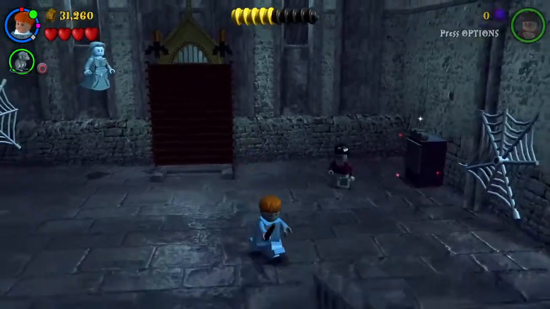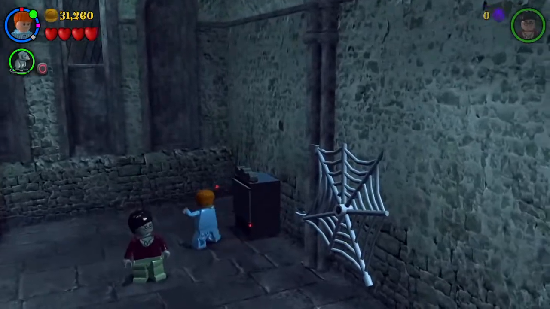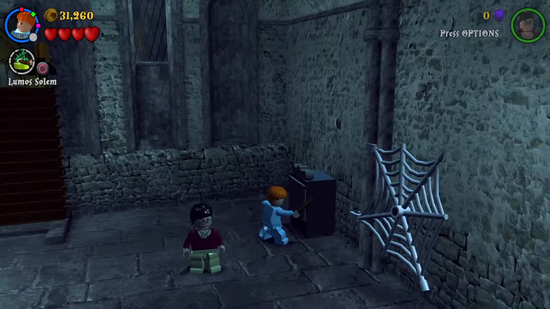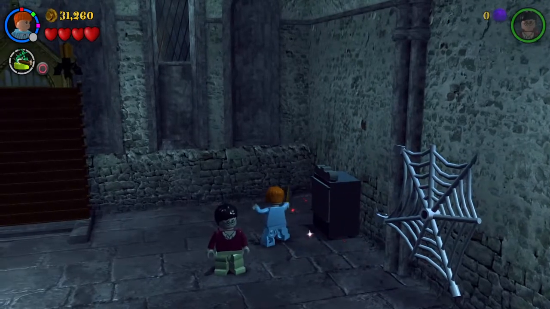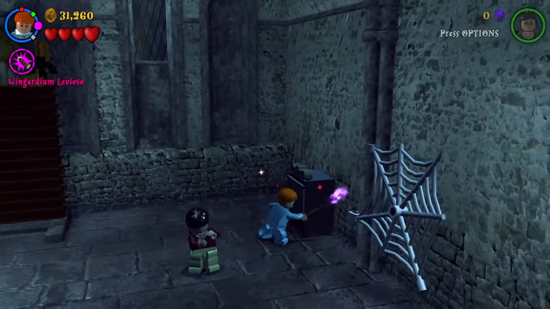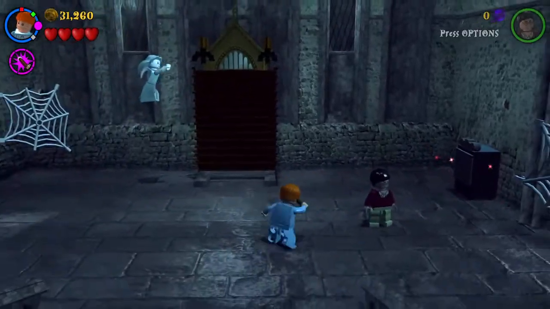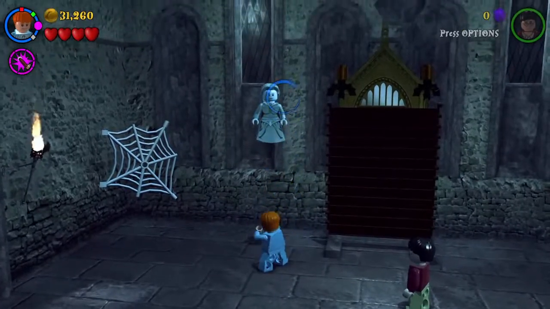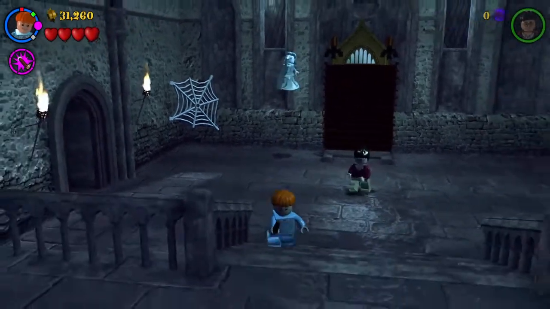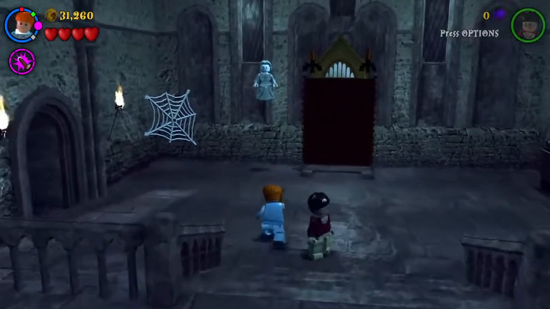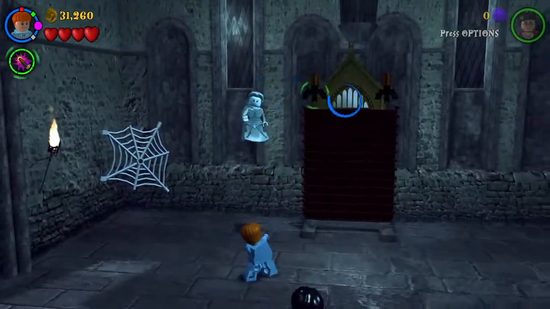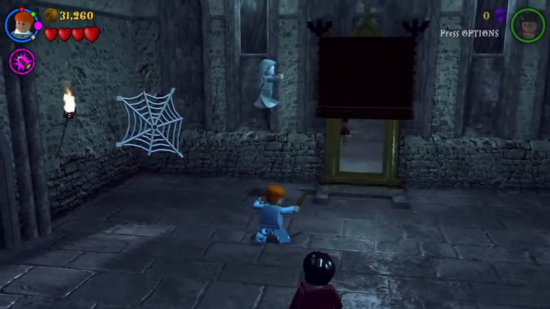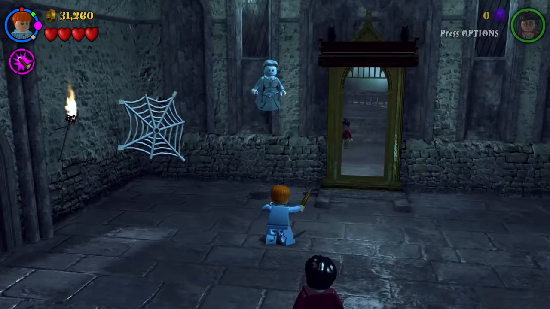This is Mirror of Erised. This is a shining something. What is this? What is the ghost trying to say? What? Go back. She's waving. What should I do? Oh, okay. Ooh, cute.